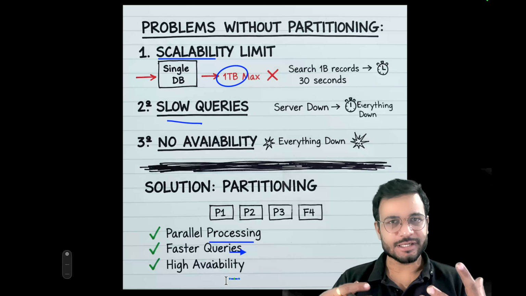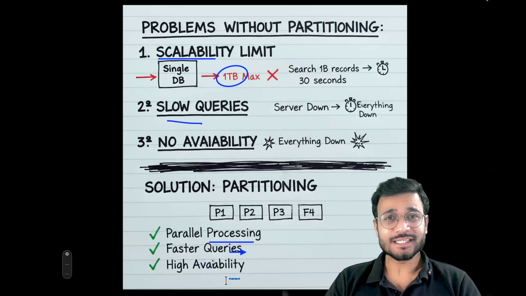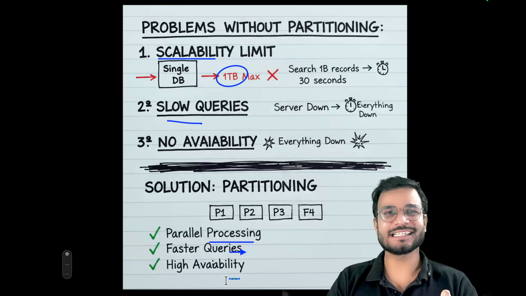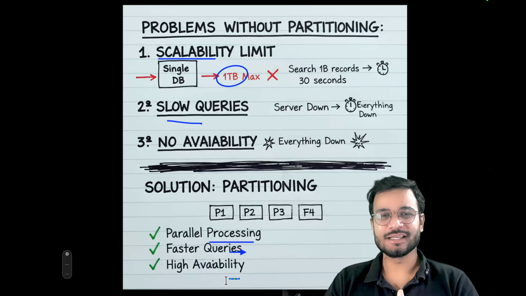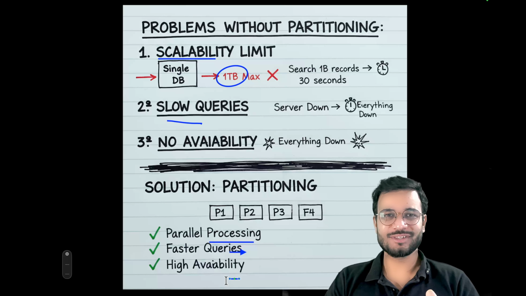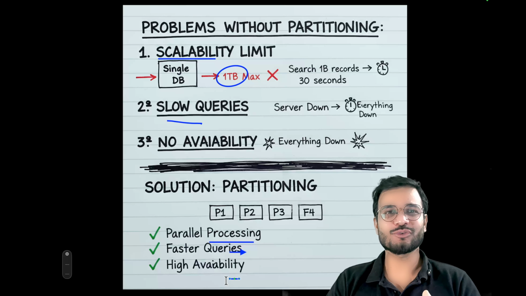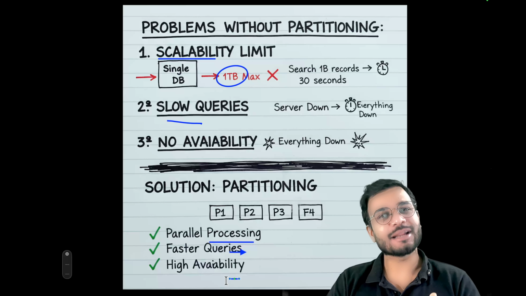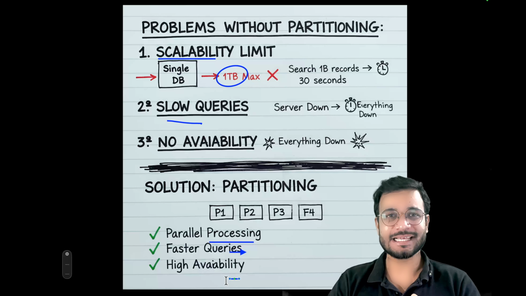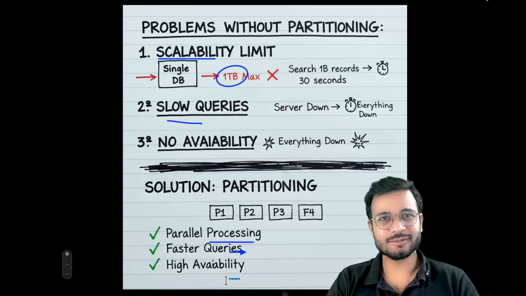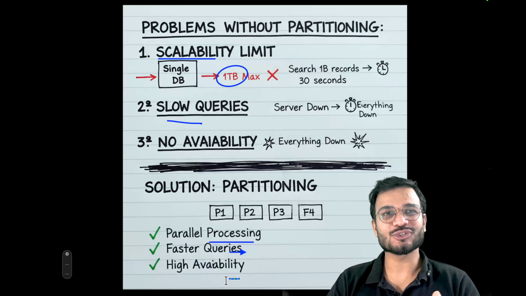Since we have multiple partitions, we are also keeping replicas of a partition in other partitions. Suppose for partition 1, we keep the replica in 3 different partitions. That way, whenever one partition goes down, we haven't lost any data. We have a replication or a copy of that data in another partition. For the time being, the query will not query partition 1, but it will search in partition 2 or partition 3. That is how we are solving many problems when we introduce partitioning. And that's the beauty of it.